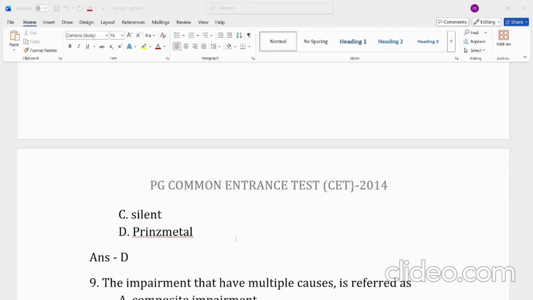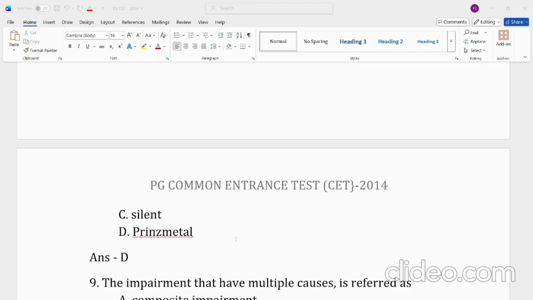That means in Prinzmetal angina, there is a sudden spasm that lasts for a temporary period of time in the coronary arteries. Unlike typical angina, it frequently happens at rest, or during the early morning hours,